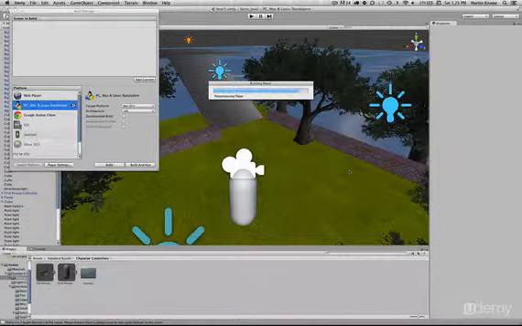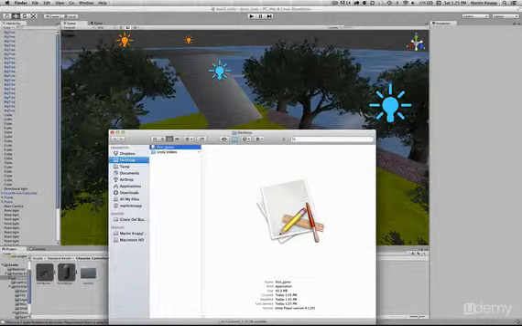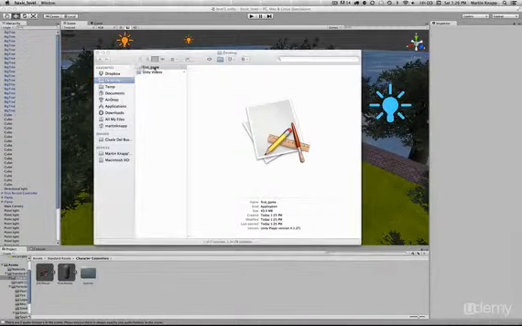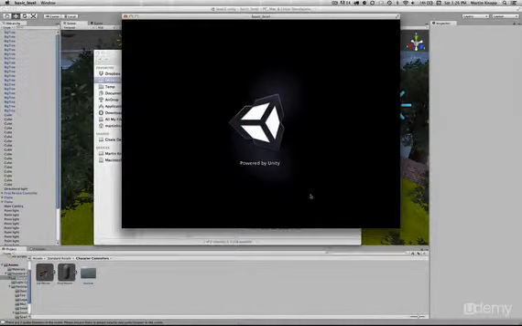Depending on how big your game is and how many assets and textures and particles and lights, it may take a while to kind of crunch and build. So now we have our first game executable here. I'm just going to double click on it. And we get a pop-up which asks me how I want to run this game. Do I want it with good graphics, beautiful, or fantastic? So I'm just going to click beautiful and the resolution,